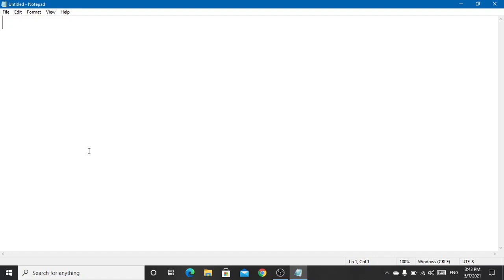First, in HTML, we use two common terms, smaller than and greater than. Let's write these two terms, and between them we write HTML.